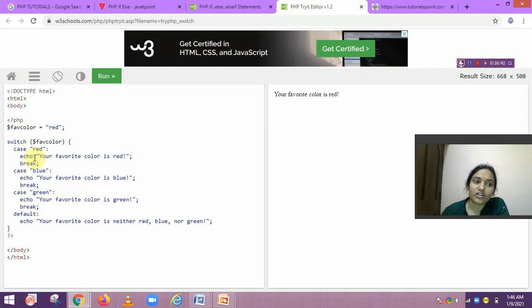And if all these colors are not matched, then in the default case it will show your favorite color is neither red, blue, nor green. Okay, so the variable is set to red. So it will match the first case, which is red, and display your favorite color is red. In this way you can run the code in the online editor also.